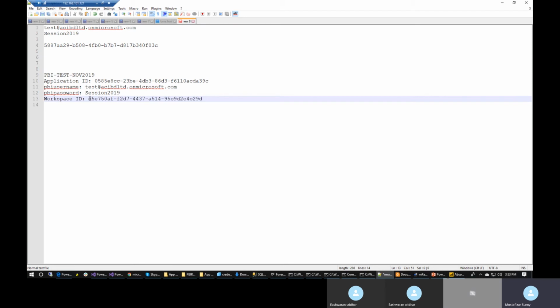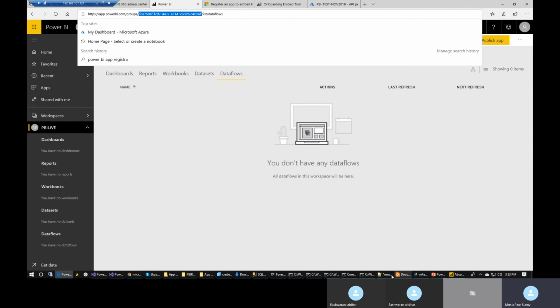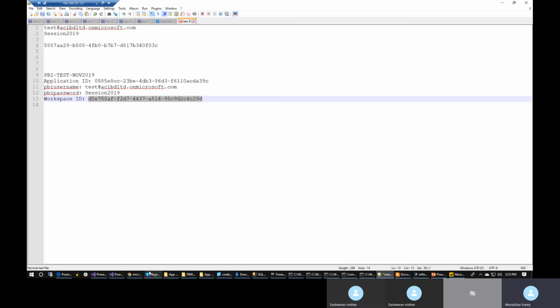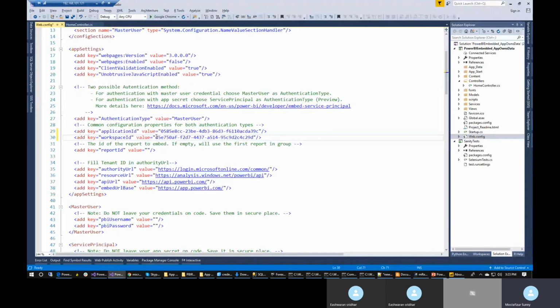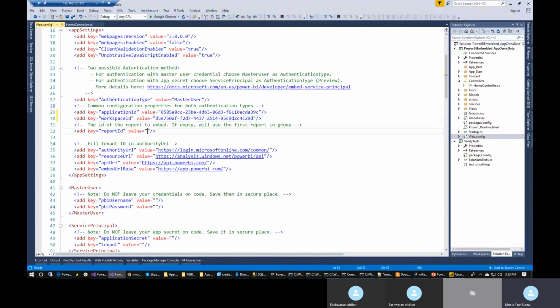The workspace ID, which we have just collected from the app.powerbi.com portal, we have to put in the Visual Studio solution, in the workspace ID. Now the report ID: by default, if you put a report ID, when you run the solution, this default report ID will be displayed as a report in the portal when we run the full Power BI application. So in order to have a report ID, let us first deploy just a sample application to